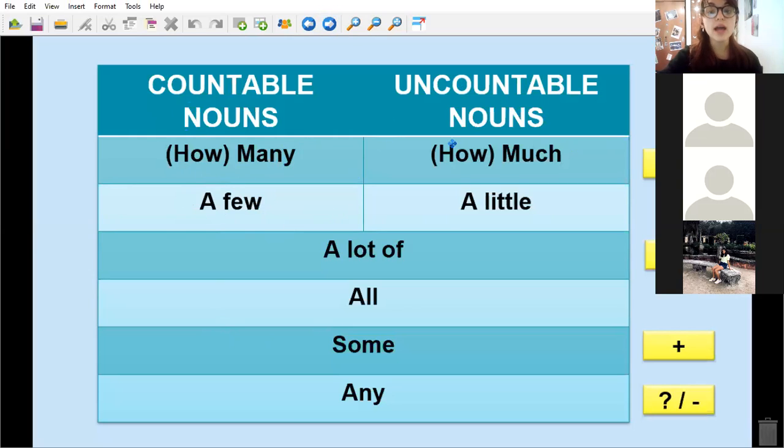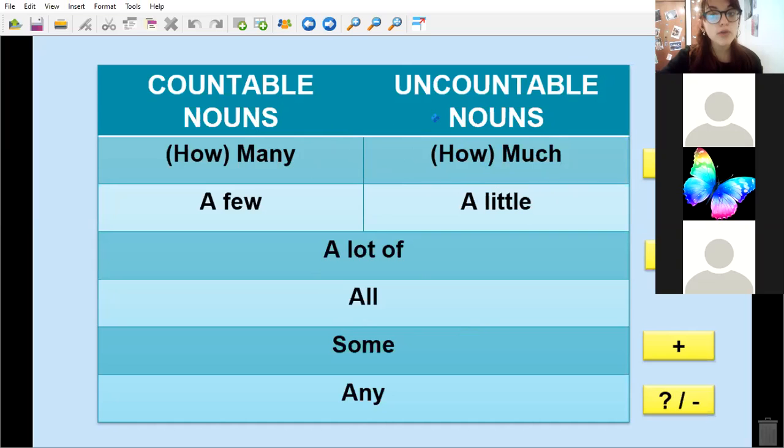Then with uncountable nouns, also to make questions and negatives, we use how much. For example, how much water is there in the glass? Not much, a little, with uncountable nouns. Then with both of them, we can use a lot of in positive sentences to mean large quantities,